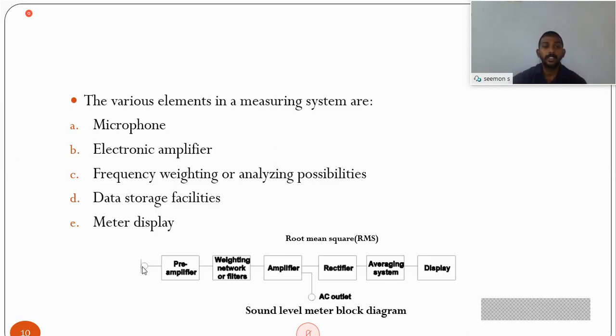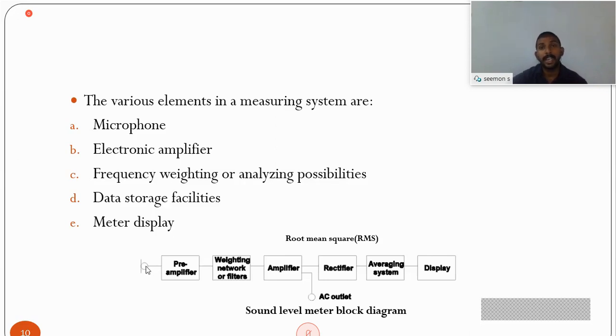Here is the highly sensitive microphone. When the waves hit the microphone's membrane, it converts the waves